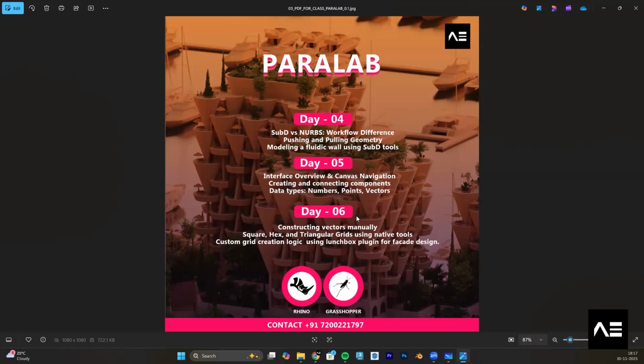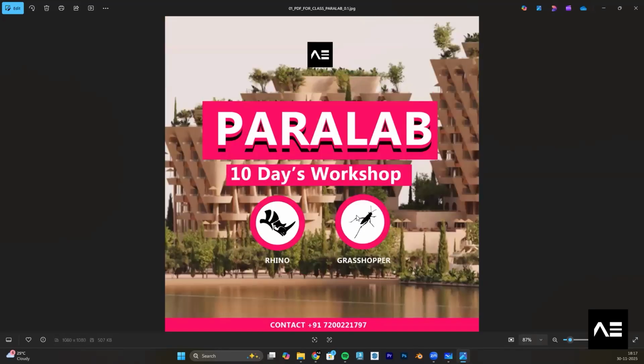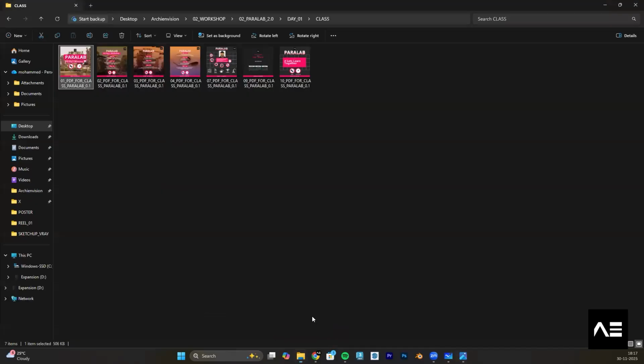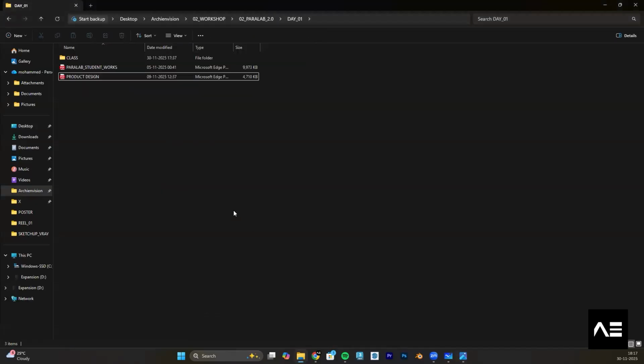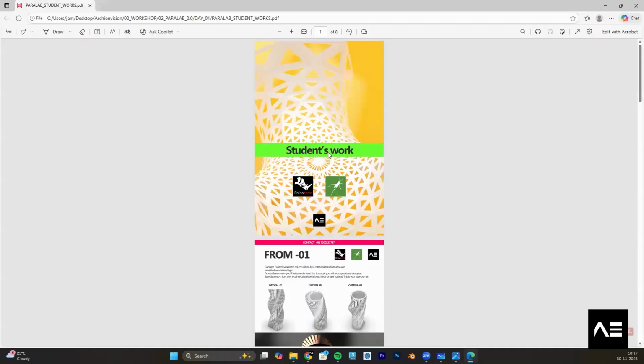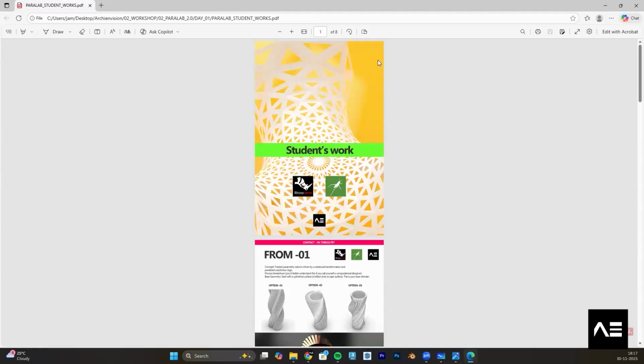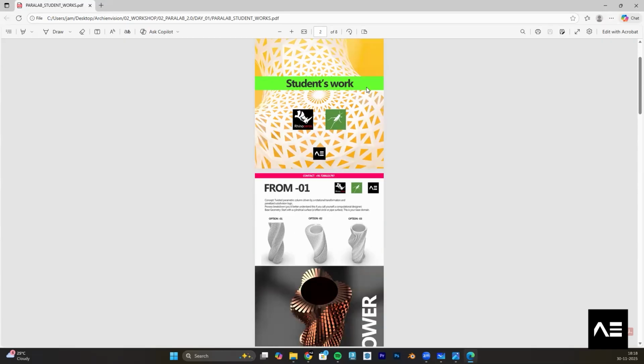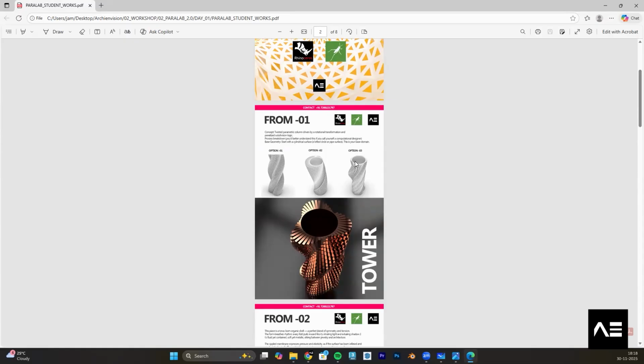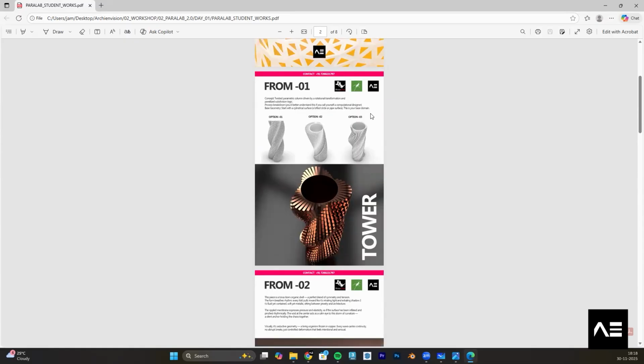And I'll show you some of the works which have been done by the students as well as myself. This is some of the students' work from the previous session on Parallel 1. If you are able to see it, this is the much complexity which we will give as output in the day-wise sessions, and what we have to follow while doing this. So these are all the outputs. I'll share this PDF with you so you will have notes out of it.